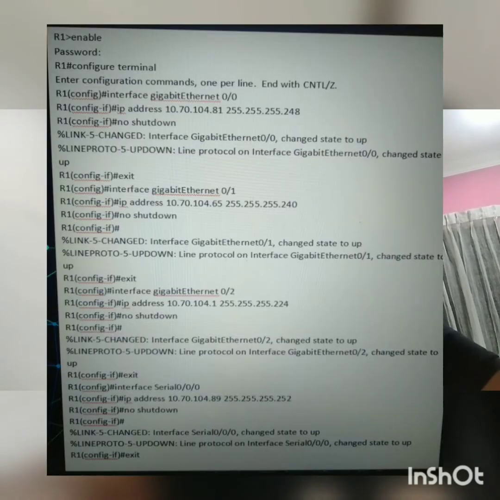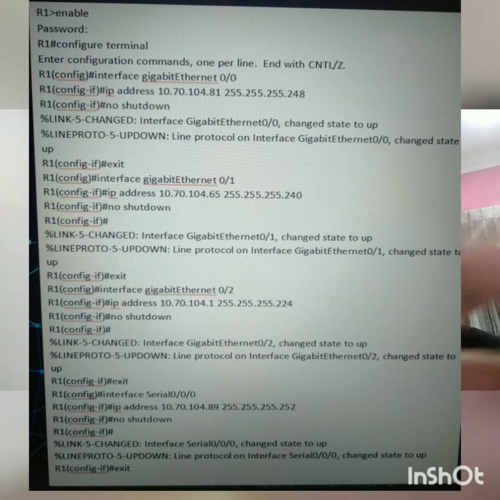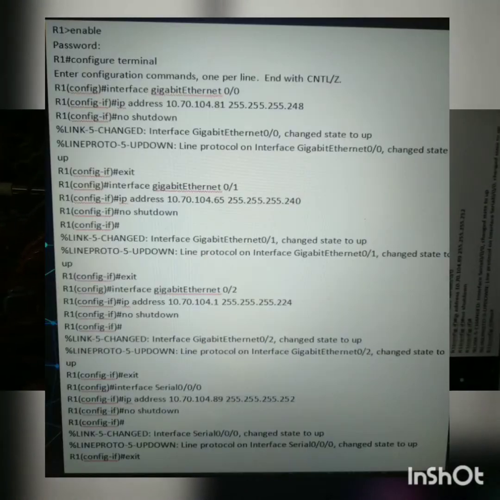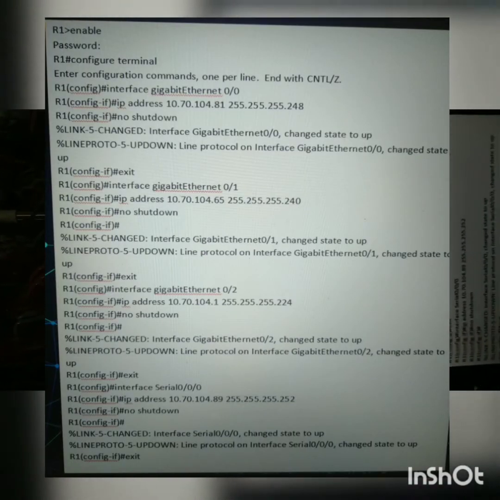Okay, this is the command to configure a router's interface to provide network connection for router 1. R1 enable, password, R1 configure terminal, enter configuration commands, one per line.